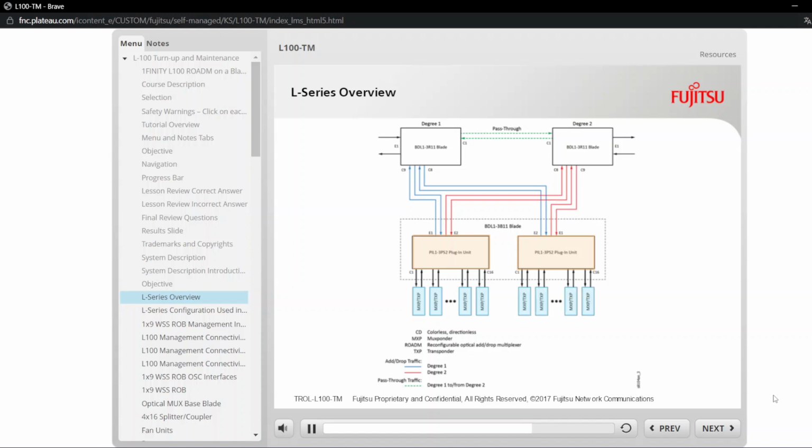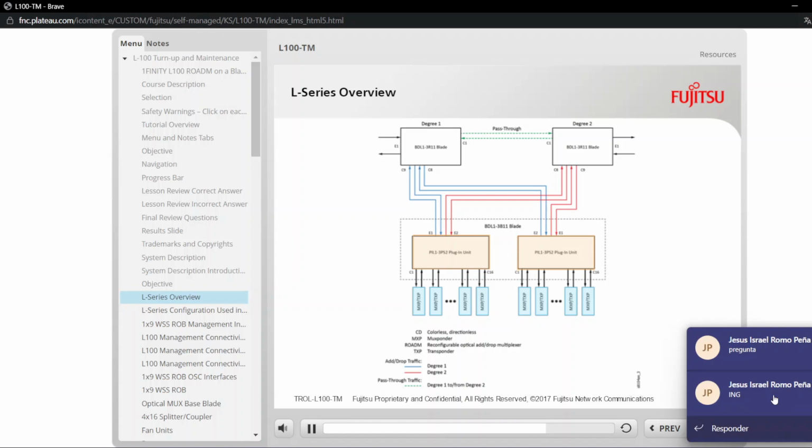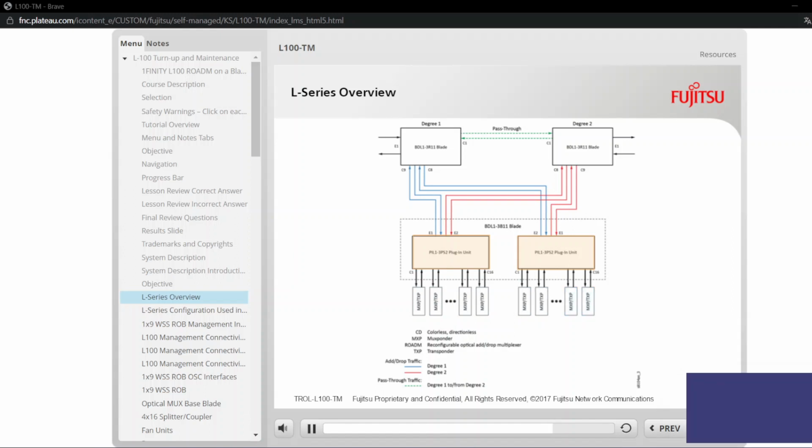E1 through E4. At each 4x16 splitter coupler PIU, a cable from one of its edge ports, E1 and E2 in this example, is connected to one of the client ports, C8 and C9 in this example, on a 1x9 WSS, ROB, BDL1-3R11. The add-drop circuits from the BDL1-3R11's client ports are mapped to a channel on the edge port of the BDL1-3B11 blade. Pass-through circuits between ROADM degrees can be connected through a client port, C1 in this example, on the